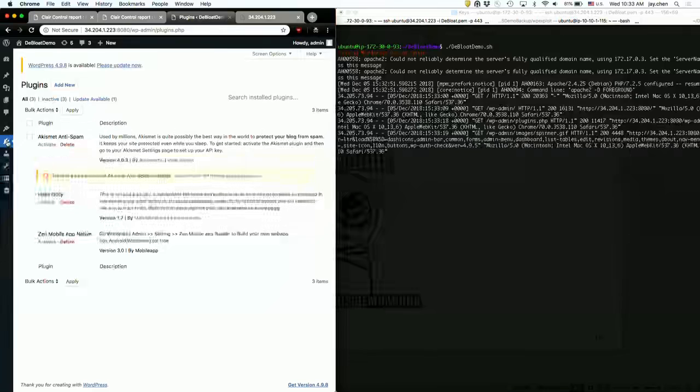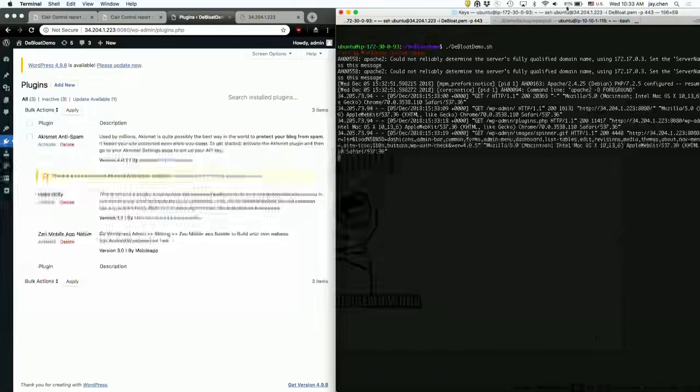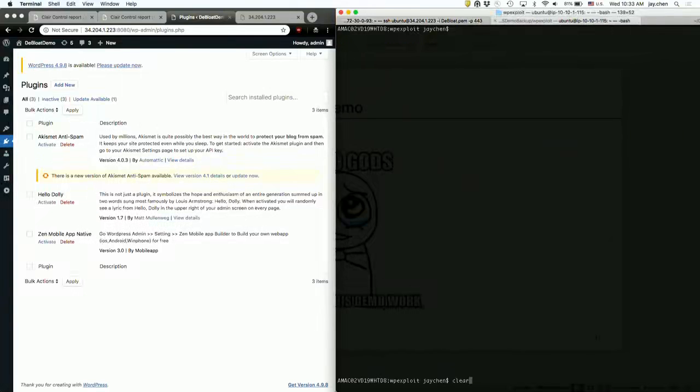There are currently 3 plugins, and none of these plugins are actually activated. However, we know there are known vulnerabilities in this plugin. And I'm going to show you that even without this plugin activated, we can still exploit this vulnerability. So in this terminal, I'm going to run a simple command to leverage a vulnerability and upload a script file that allows us to explore the container file system.